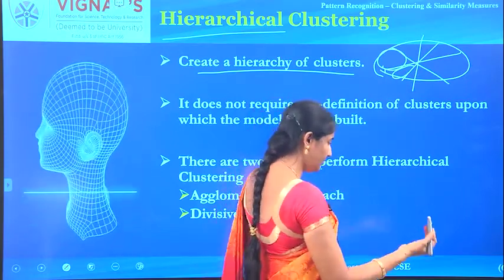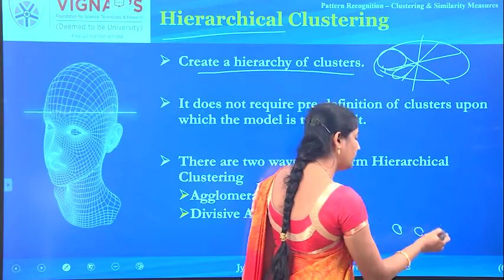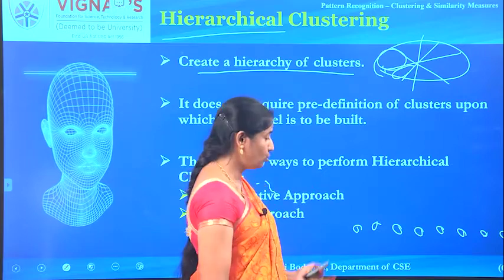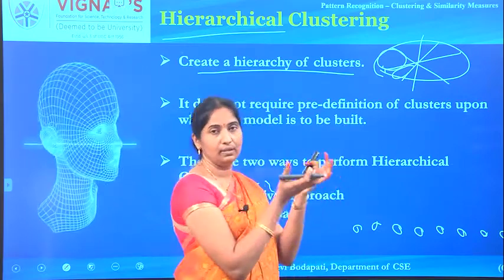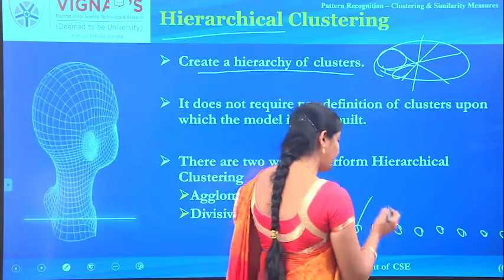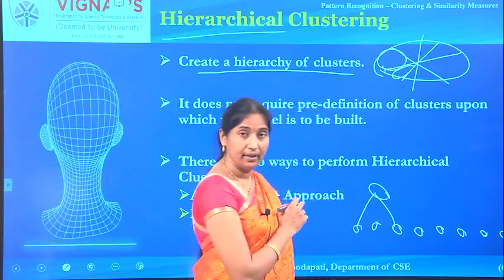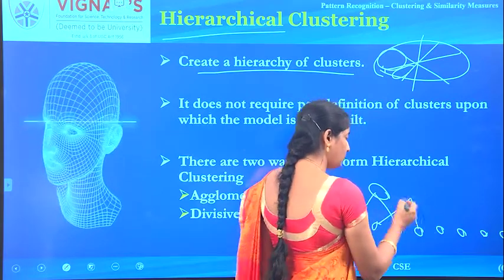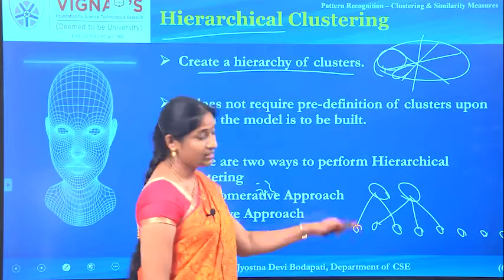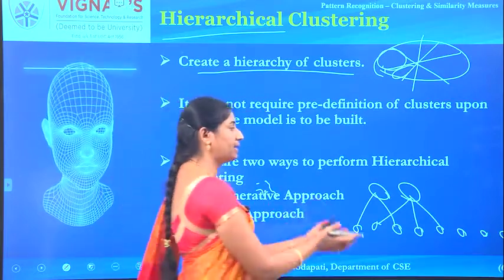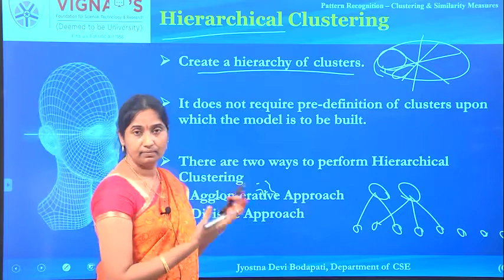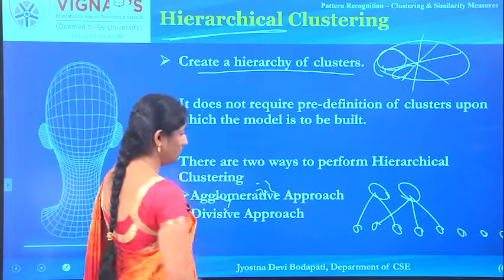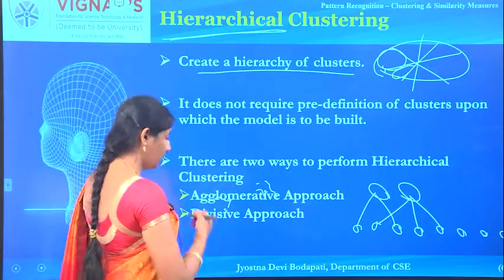Or otherwise, in the bottom-up approach, you consider each data sample as one cluster, and slowly join them together till you get enough clusters. Maybe I feel that these two are more similar, so I join them together, and these three are more similar, so I join them together. That is how the next level of groupings will be formed, and I continue this process till my criteria function is satisfied. That is how hierarchical clustering algorithms work.